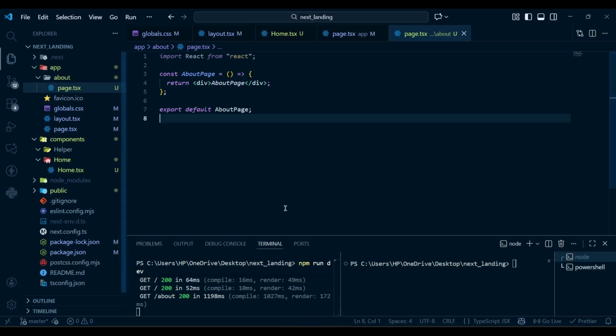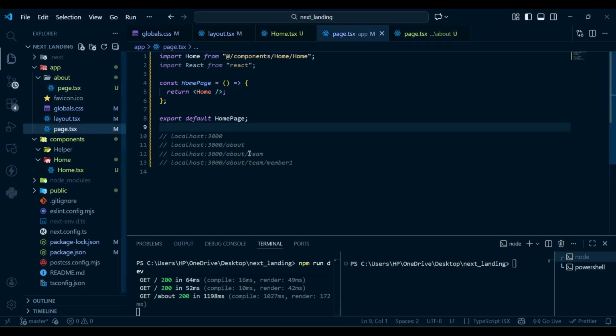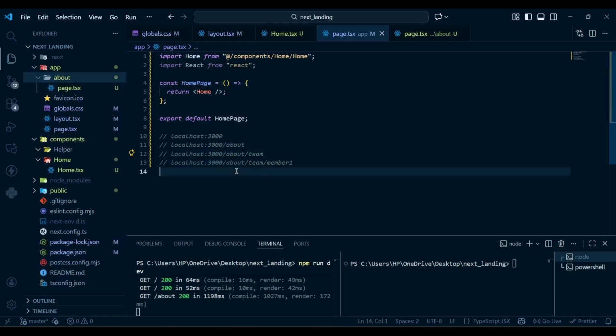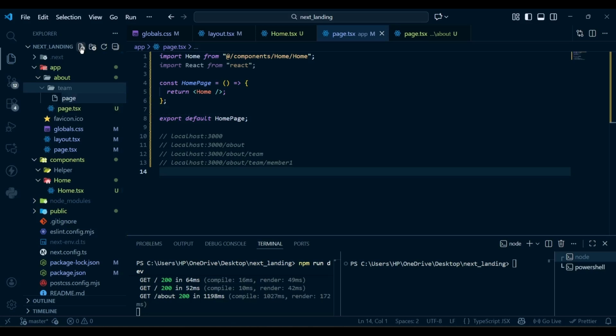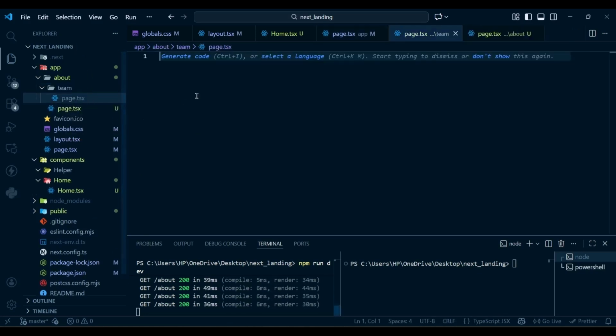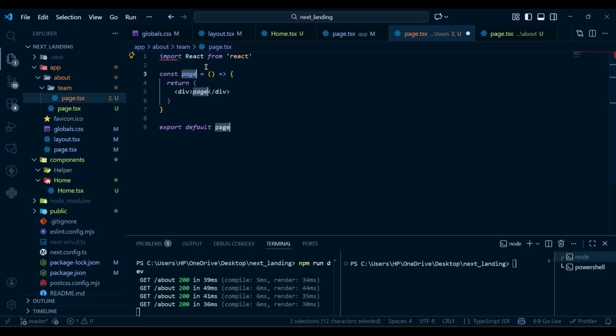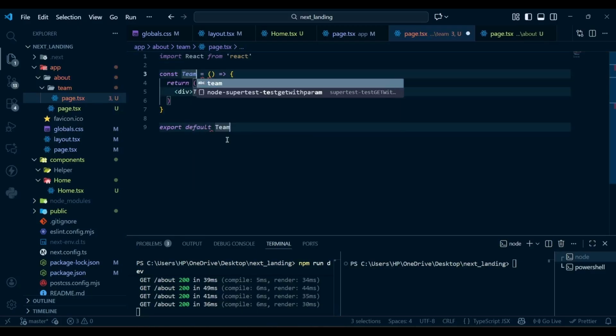Now next, the nested routing. So this one. So we need the about and then the team. So we first need to create the about to go to this localhost 3000 slash about. Now inside this about we have team. So what we're going to do is inside this about folder we're going to create another folder and we're going to name it team, and inside this we're going to create a page.tsx, and here I'm going to use RFC to create a component boilerplate, and let's name this team page